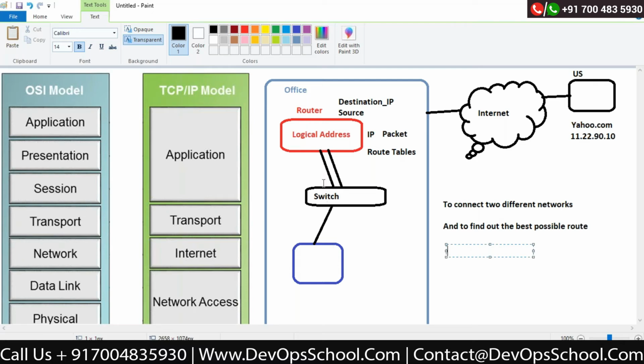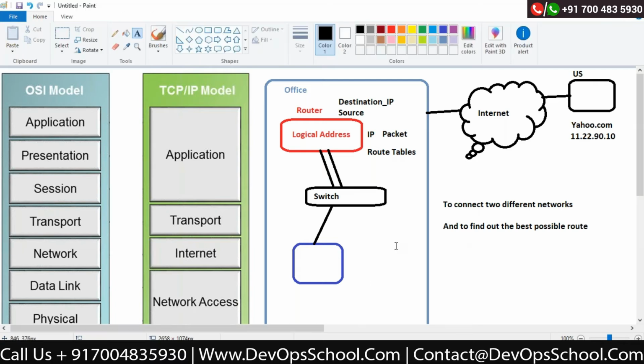Now this is to find out where the destination is. You can see the router is to find out what is the best route, correct? But are they transferring the actual data? No, they are not transferring. They will help you to find out the best route. They will help you to make sure that the connection is available, correct? The MAC address is also available to find out where the destination is, but the actual transport of the data would be done by the transport layer, correct?